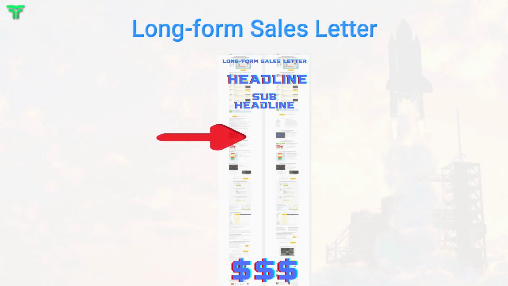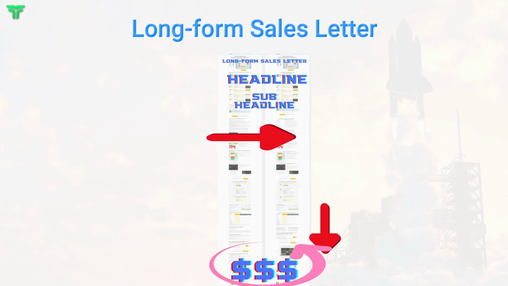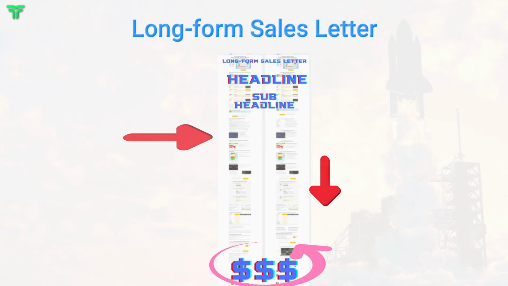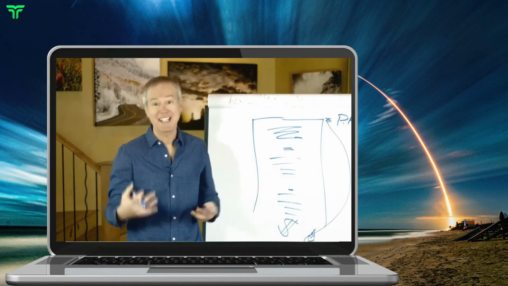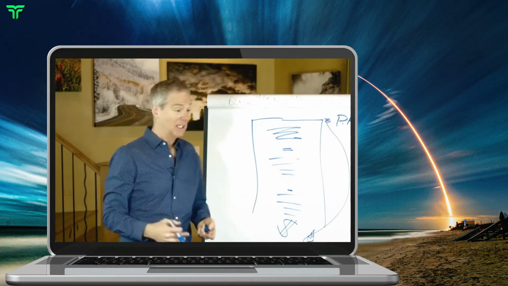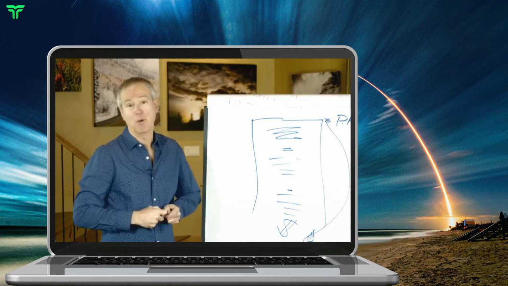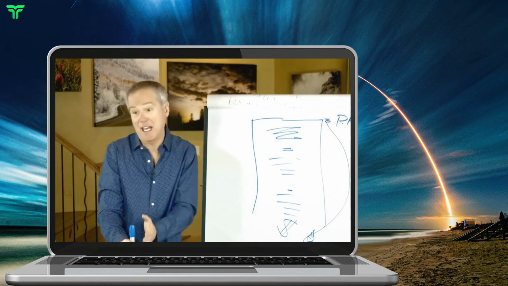But then when that went online, what people would do is this page would load and this much would load, and then they would grab that little scroll bar and scroll down and see what the price was, and then decide if they wanted to buy from you. So it worked, and it still works, and I still use them on occasion, but it didn't work as well as that sideways sales letter. And the other thing is markets became more savvy. They're so much more savvy than they were 20 years ago or 10 years ago.